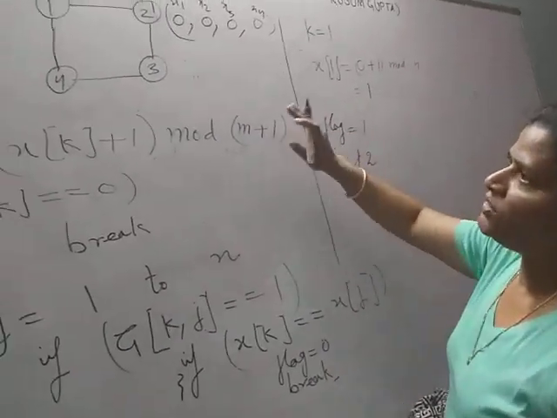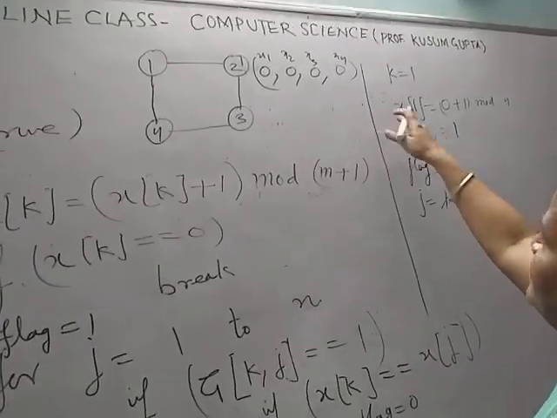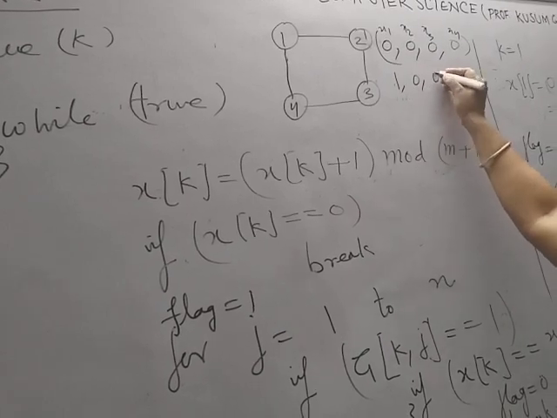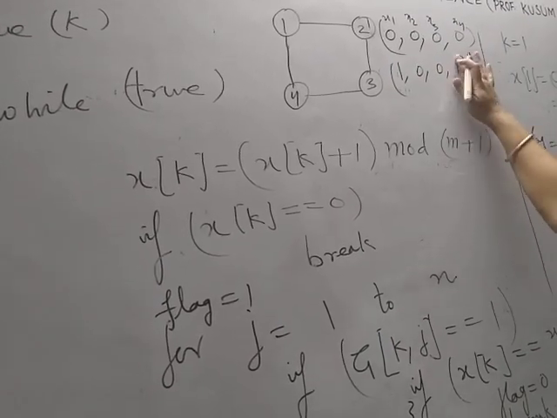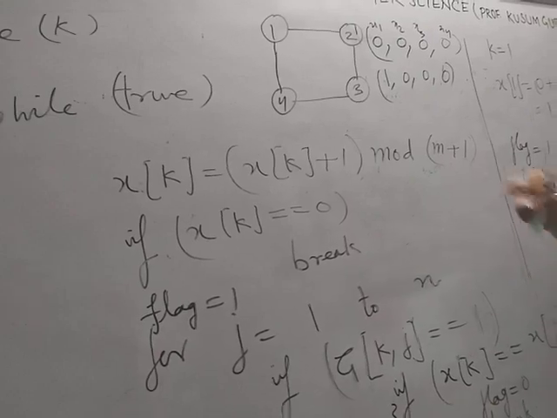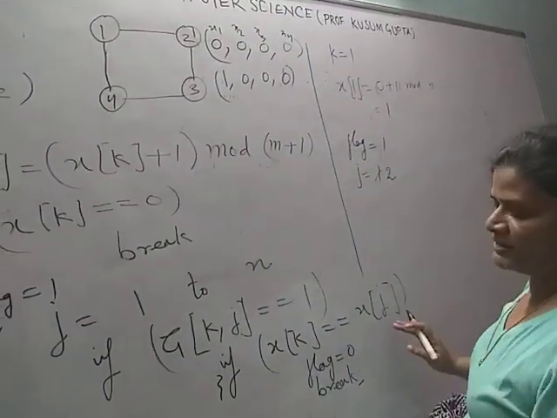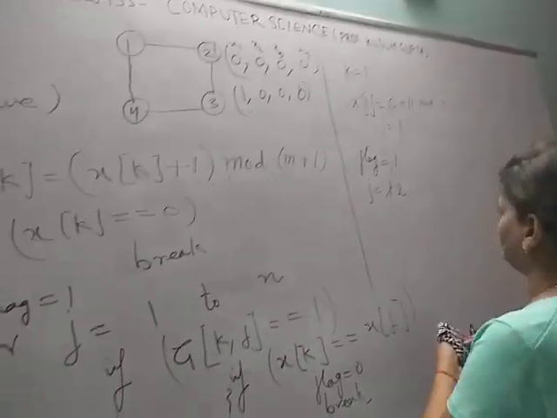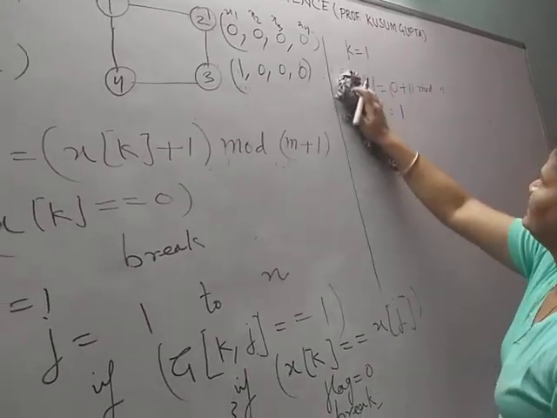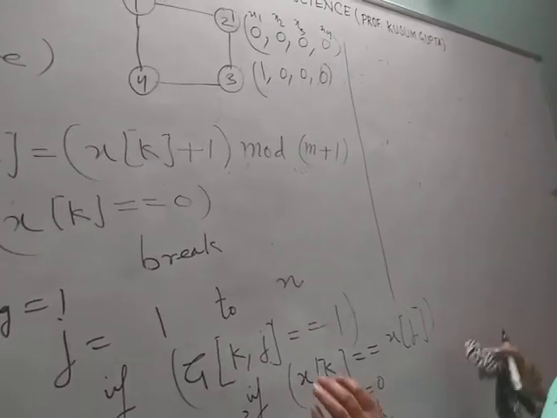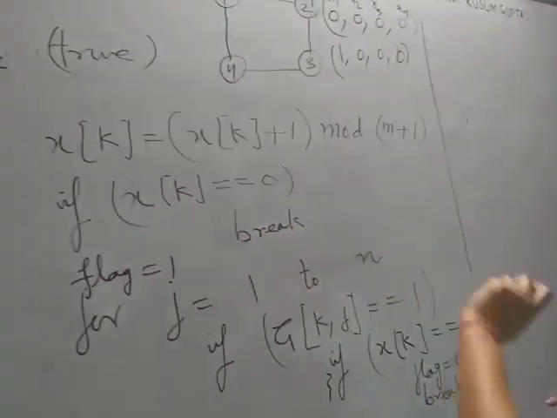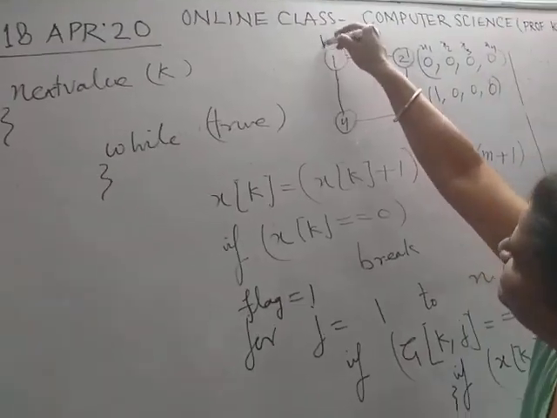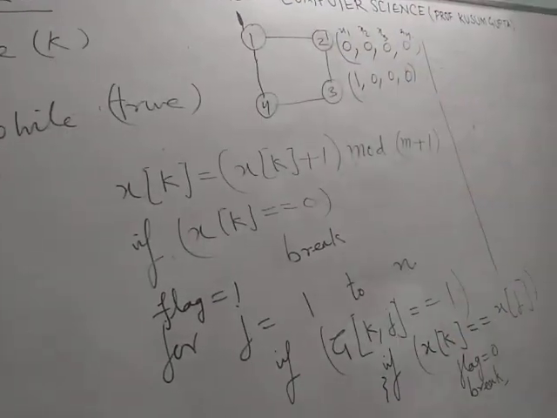So the color for the first vertex is 1 here. Now the solution vector is updated as the color number for the first vertex is 1, and the next time this function is called again, I will write the main m coloring later on. First understand this bounding function. Okay, while true. Now this is the situation, and here the first vertex is colored with the color number 1.